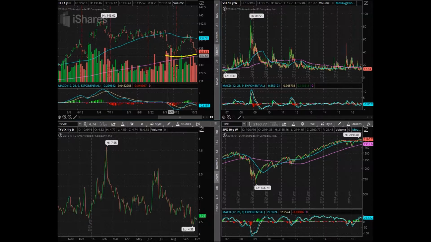So for me, what I'm looking for is maybe another day or two of down action, get us closer to the 200-day moving average, get us closer to the low from September, and then probably pull the trigger. And probably looking for a retracement back up to the 137.5 level. And what we might end up seeing is